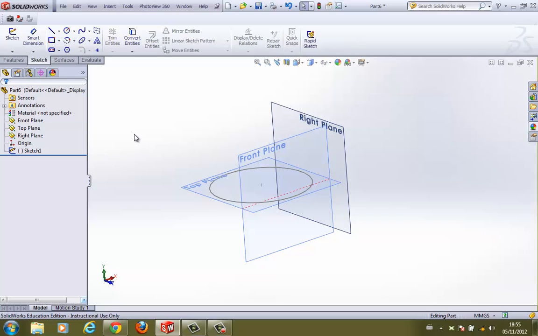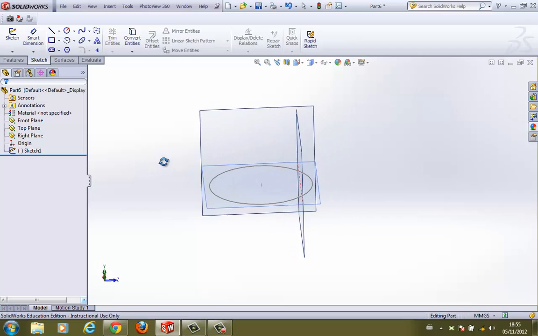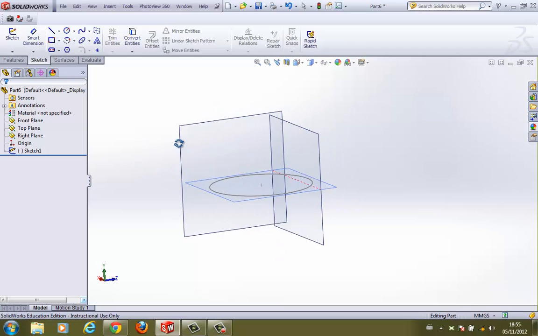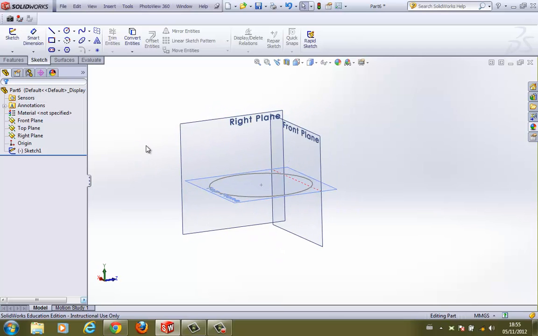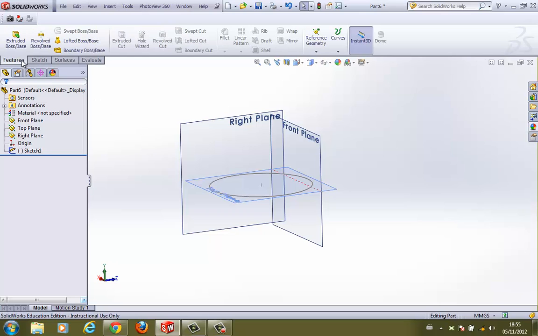So if you're looking on the left hand side, we had the 3 planes and an origin. Now we have another entry here which says sketch 1. This is the sketch we have recently created. So there is only one thing left to do now, which is to go into features, convert that circle into an extrude